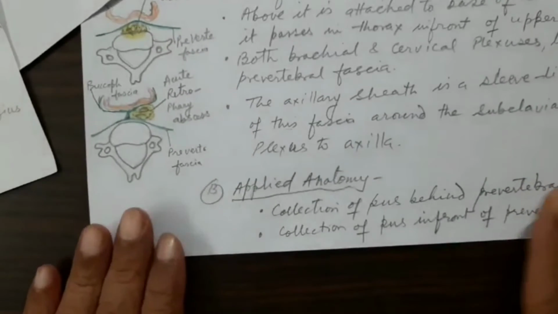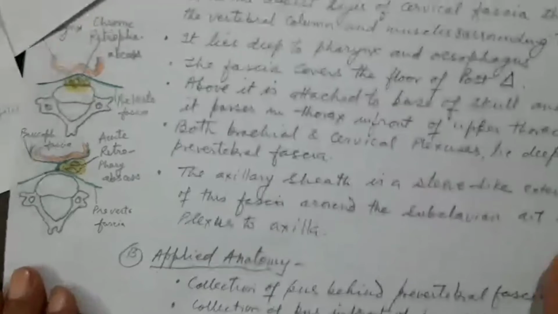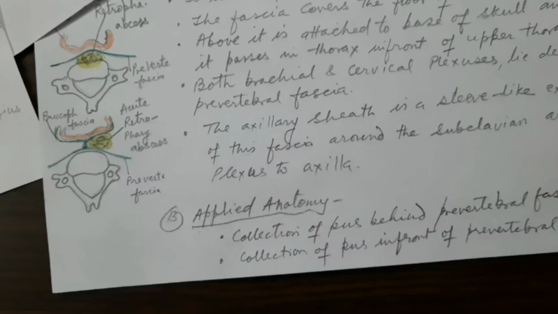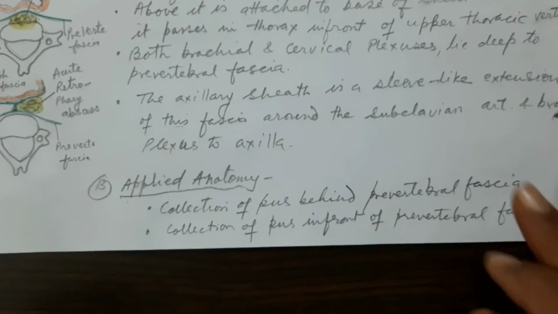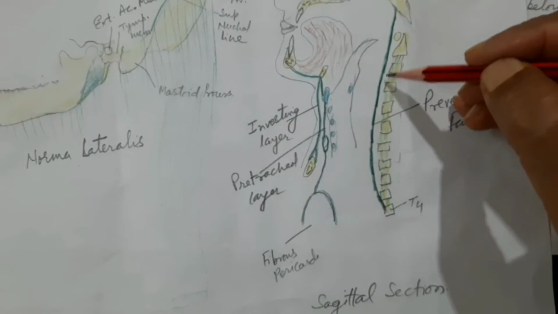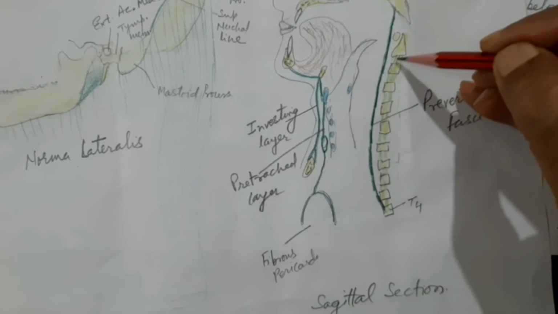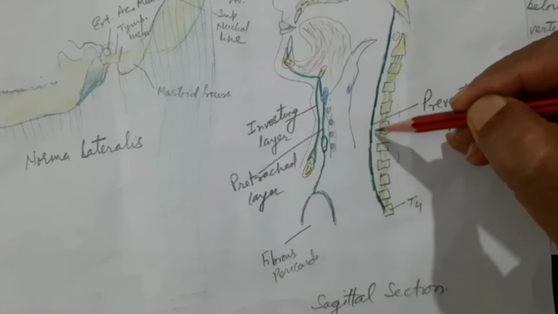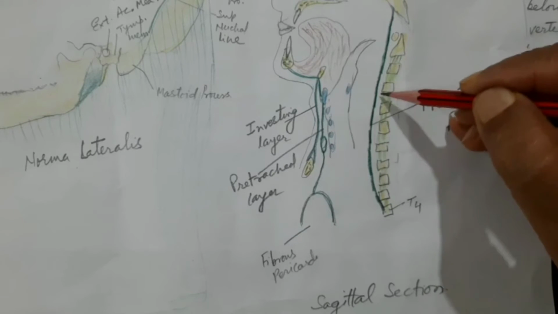Let us come to the applied aspect because it is of clinical significance. The prevertebral fascia is of clinical significance. There are two clinical significances attached to this fascia. One is that there may be a collection of pus behind the prevertebral fascia. Let me tell you, a collection of pus in this space, the prevertebral space, between the prevertebral fascia and in front of the vertebral bodies or the ligament on the vertebral column, okay, there may be a collection